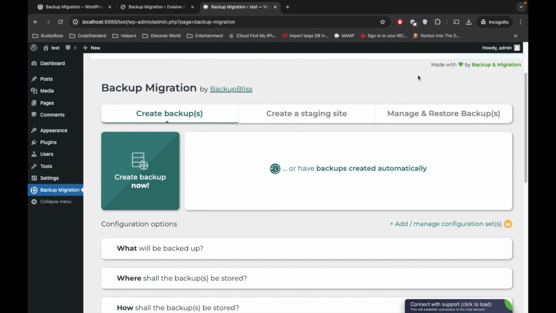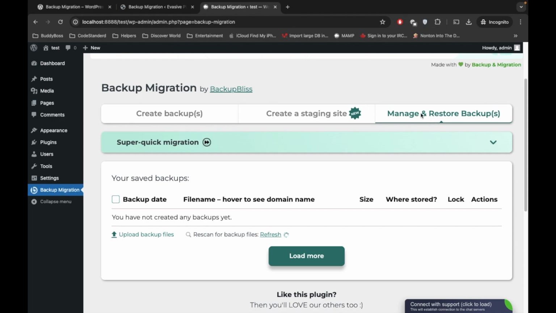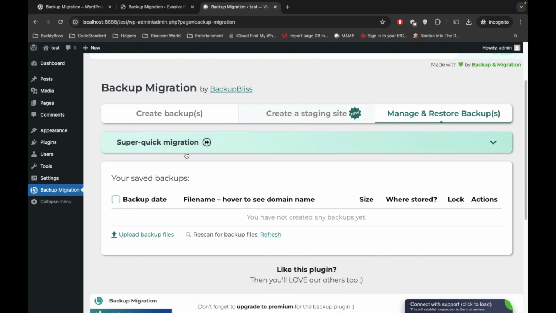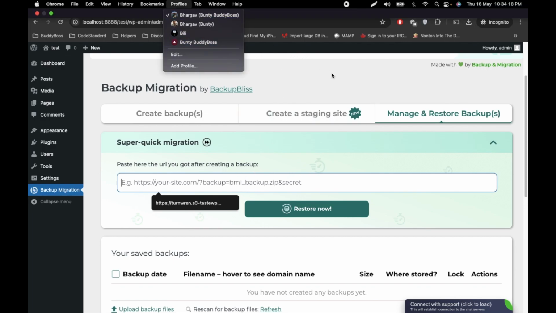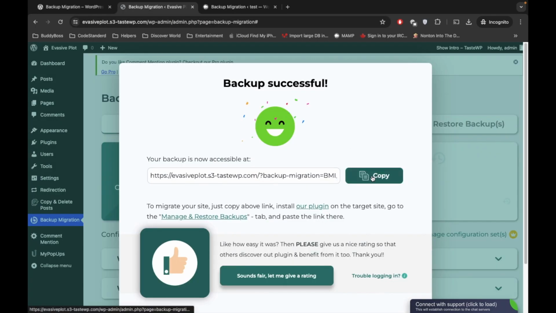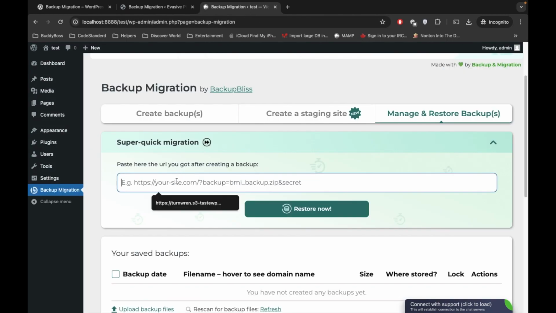Now on this site, we want to go to the manage and restore backup. So here we have this section called Super Quick Migration. If we click on this, we can see that we have to provide some kind of URL over here, which is nothing but the URL generated over here. So I'm gonna copy this. Now it is copied, and I will simply paste that link over here and I will click restore now,